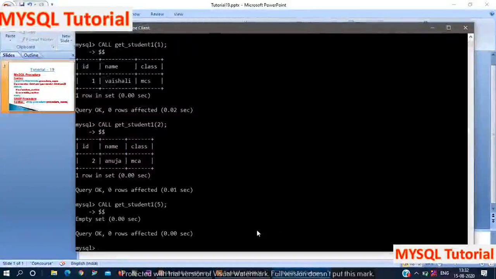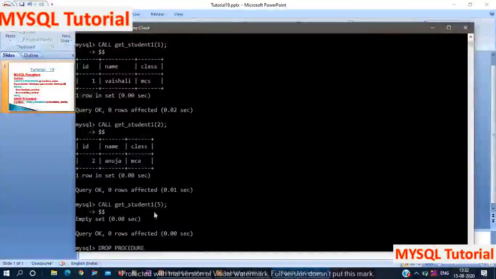If a user wants to drop a procedure, that time use syntax drop procedure, procedure name. Here we are going to drop procedure get student 1. For that use drop procedure and procedure name.